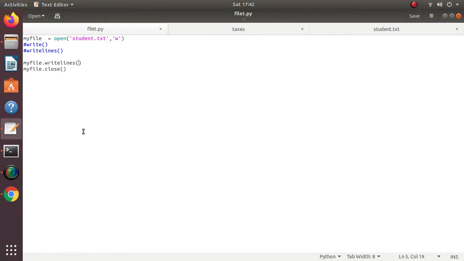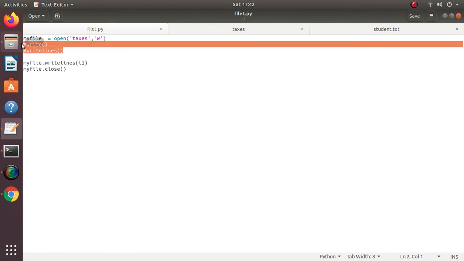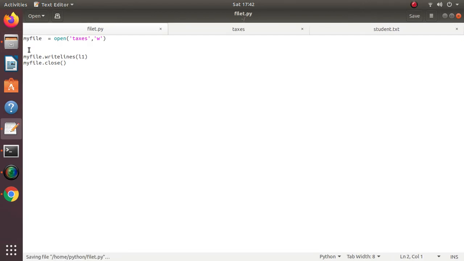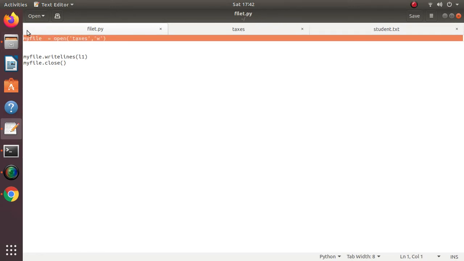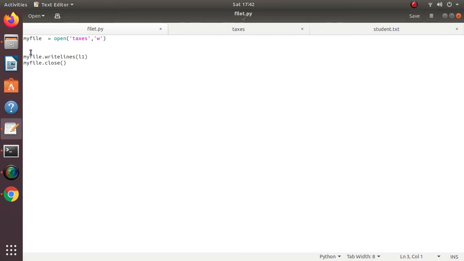So it will take a list L1 and write it in the taxes file. Here in the first line I open the file and create the file object. Then I take a list which will contain the list of strings that I have to write in the taxes file.